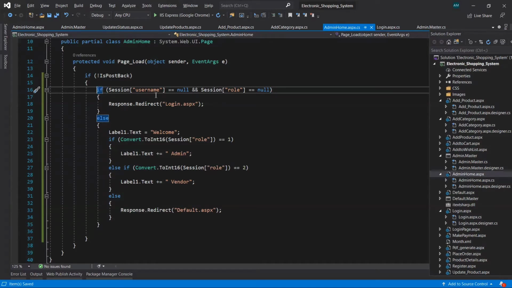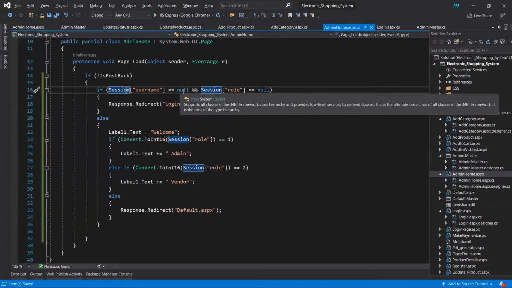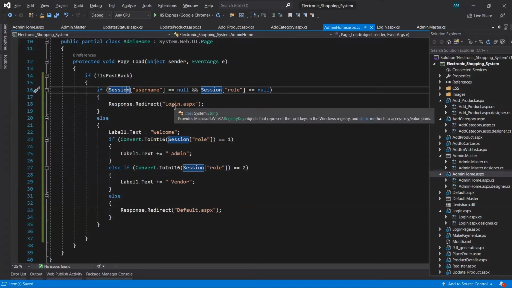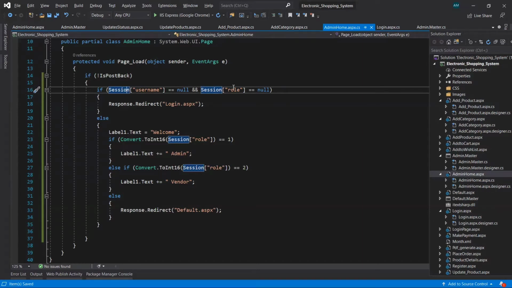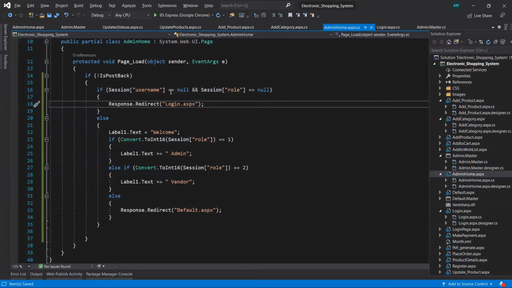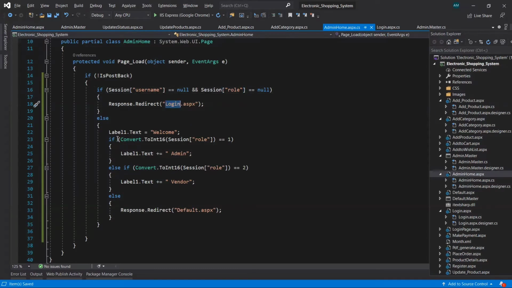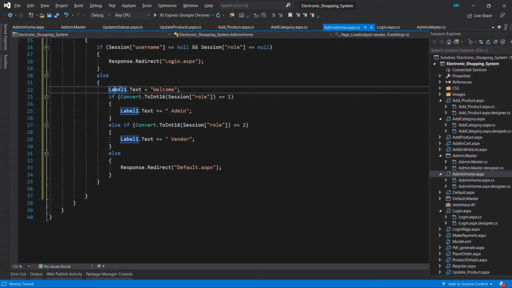In the if condition, it will check the session of username is equal to null, and the session of role is equal to null, then it will redirect the user or admin to the login page. Or else, in the else part, I have taken the label. I have given the text to the label, that is welcome.